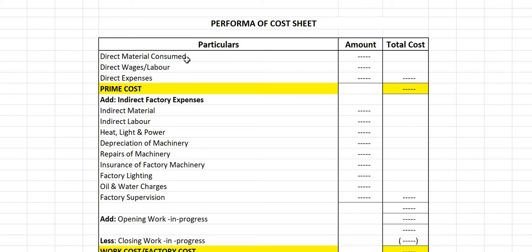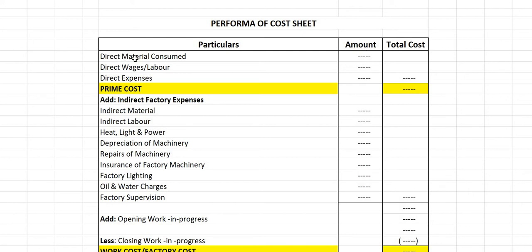Whenever we are manufacturing the product, the first thing is direct material. Once we have purchased the material, we have to put some labor on that and some expenses, maybe the electricity expenses which are required to run the machines, or any other expenses. Once we add all the direct material, direct wages and direct expenses, we are going to arrive at prime cost. But over here you just have to remember that whenever we are calculating the direct material, it should not